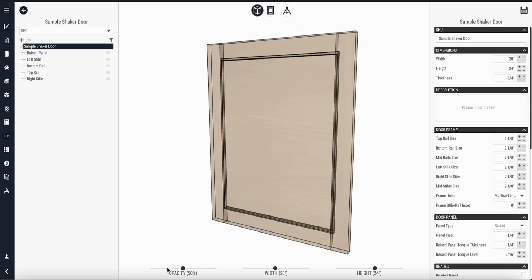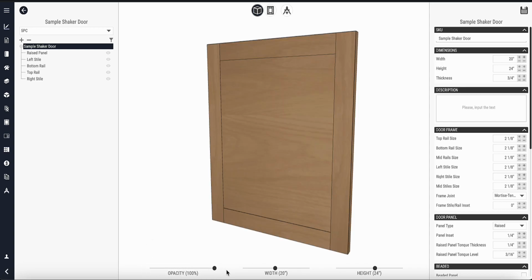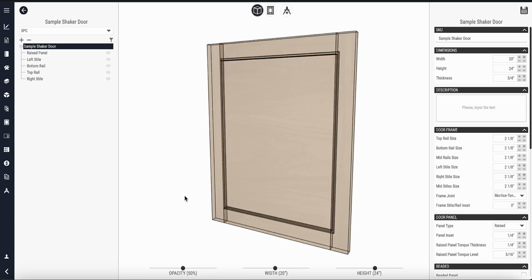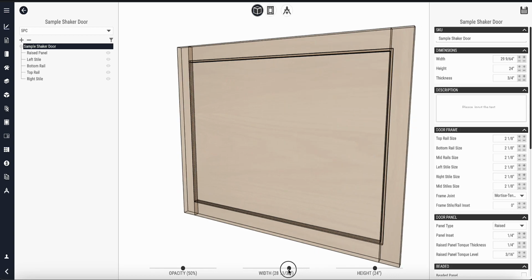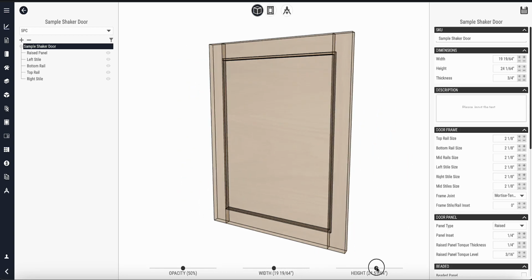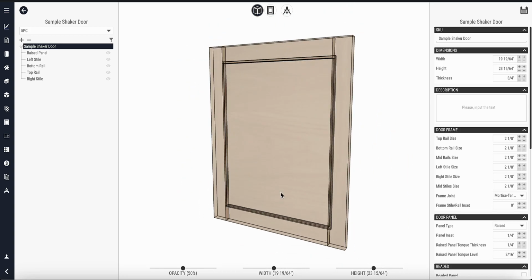At the bottom of the center column, you have 3 sliders. One allows you to view this door in full transparency or full opaque or anything in between, along with 2 sliders that allow you to change the dimensions of the door to see what it looks like in different widths and different heights. At the top of the screen, you have the View 3D mode, which just shows you this view,